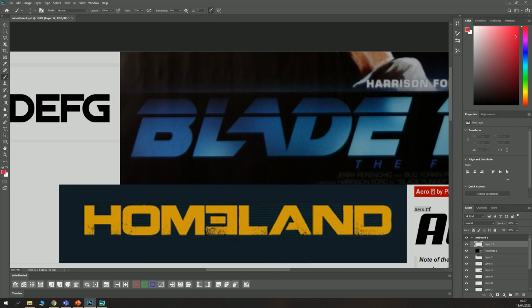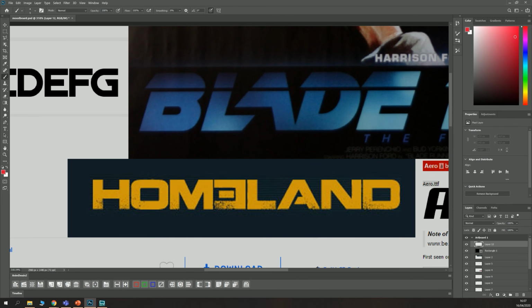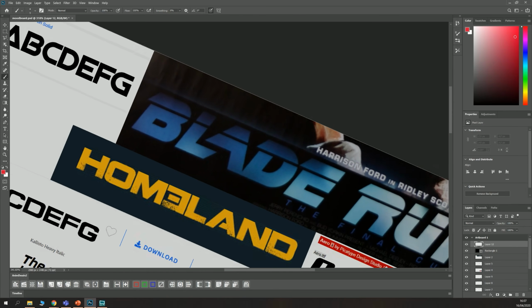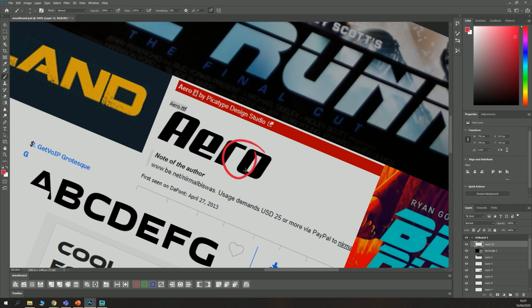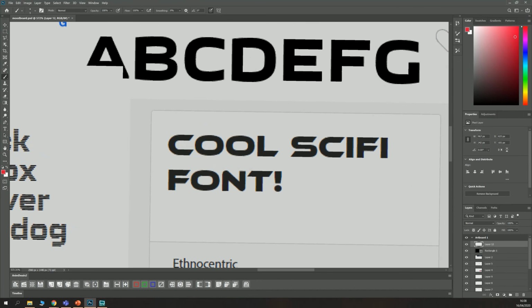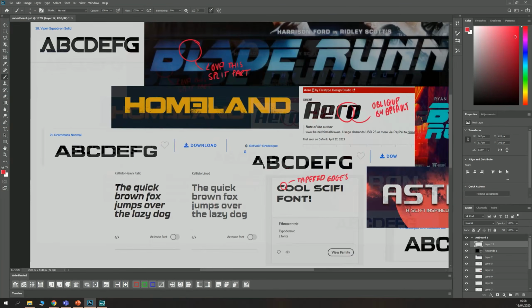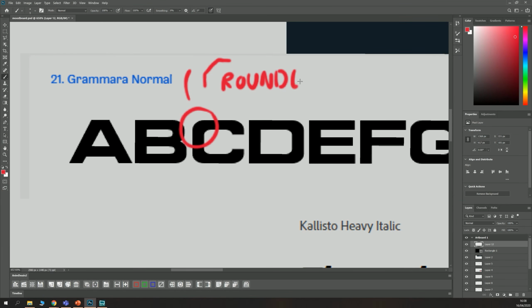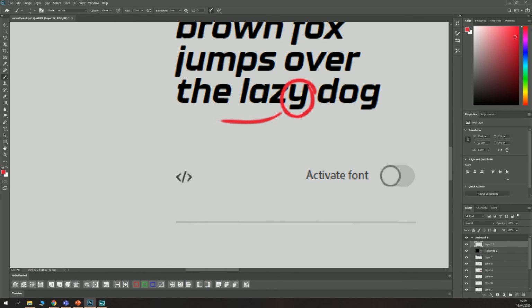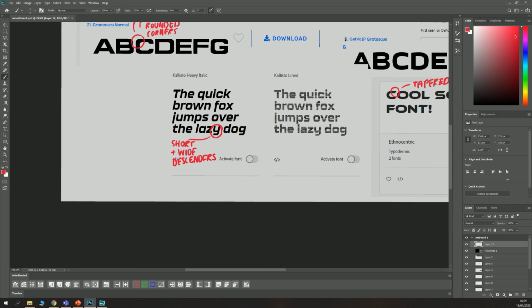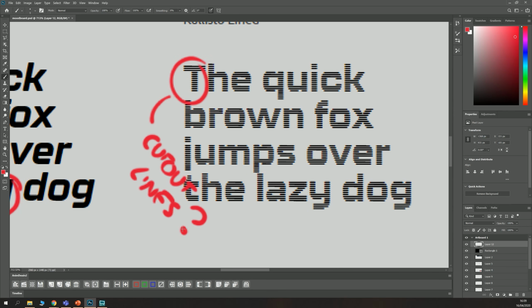Once you've collected some screenshots of the fonts you like, it's time to break down what exactly you like about them. For example, things like split characters, slanted or oblique characters, tapered edges, rounded or chamfered corners, short and wide descenders, cutout elements,